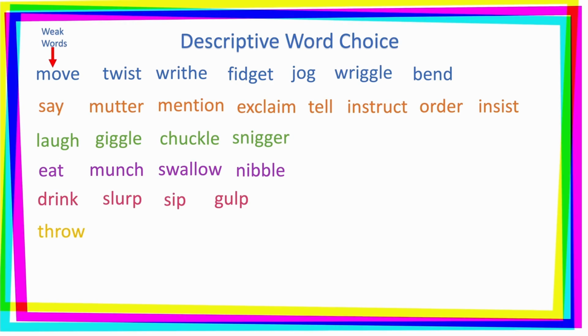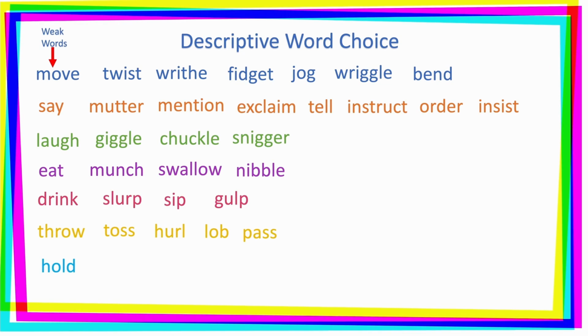Here's the word throw. These are all weak words. Throw. Did they toss? Did they hurl? Did they lob? Did they pass? Do you see the difference? That each of those words means something different. Toss means to lightly throw. Hurl means to throw faster at a distance. Lob means to almost hit somebody. And pass means to hand off to another person.